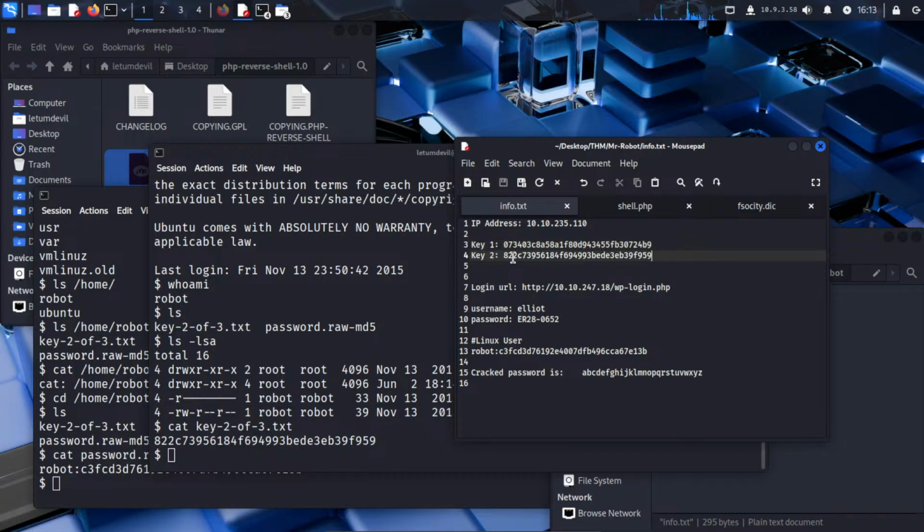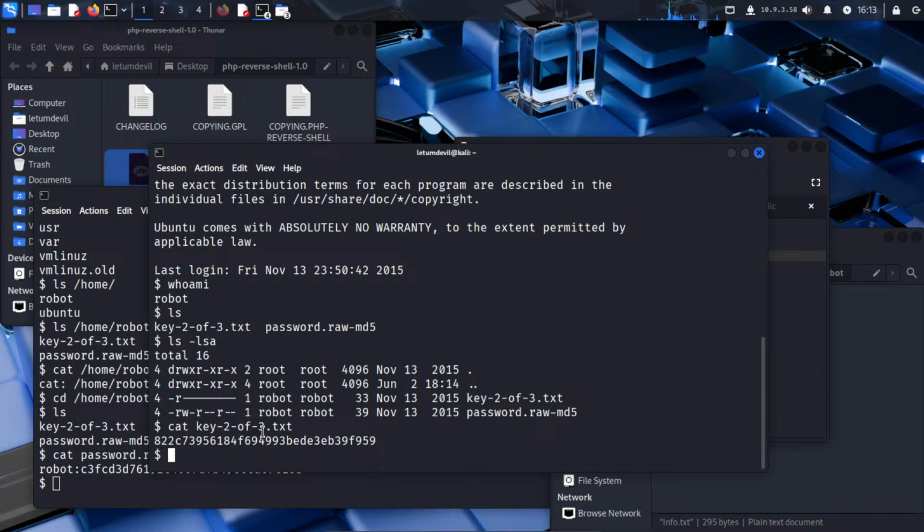Key number 3 we will use something called privilege escalation. We have robot as a user in the system, but robot doesn't have root access. We need to find a way to escalate privilege from robot to root, and that will be using several methods. It might be using an exploit on the system, the Linux system, as you can see,